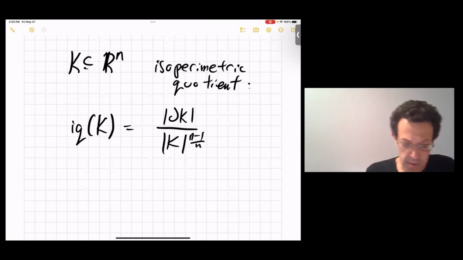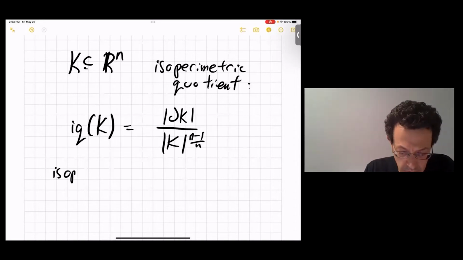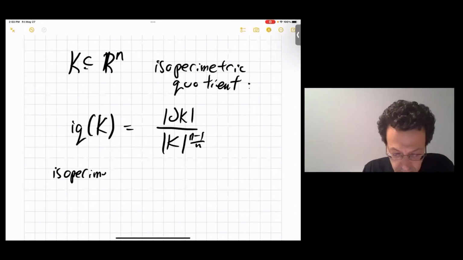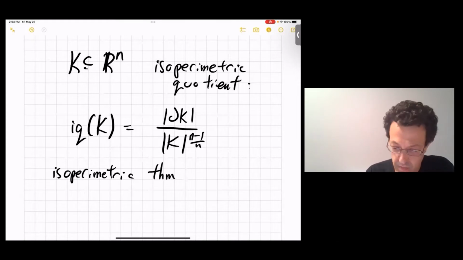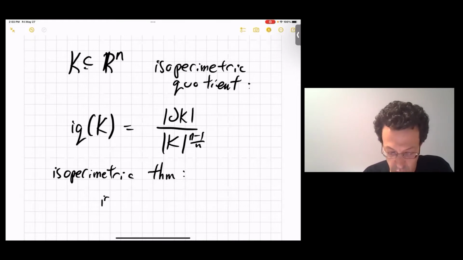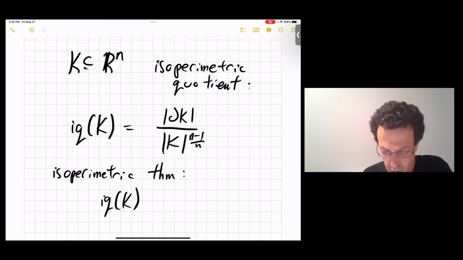And so the isoperimetric theorem says that IQ of K is always at least